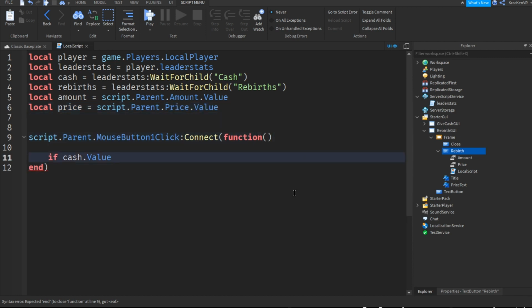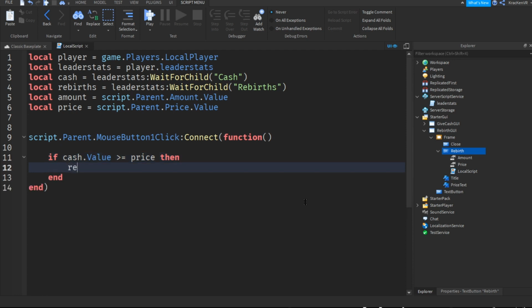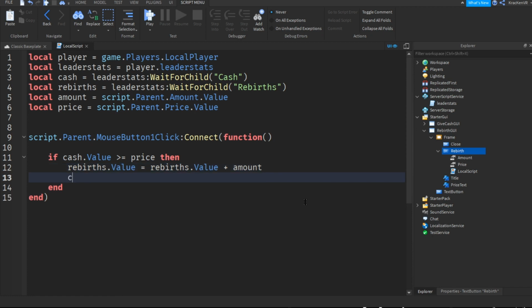So go back here and you can do if cache.value, and then this sign equals to the price. Then go down, you should see an end up here. You can do rebirth.value equals to rebirth.value plus 1, actually plus amount. Go down and you can do cache the value is equals to,